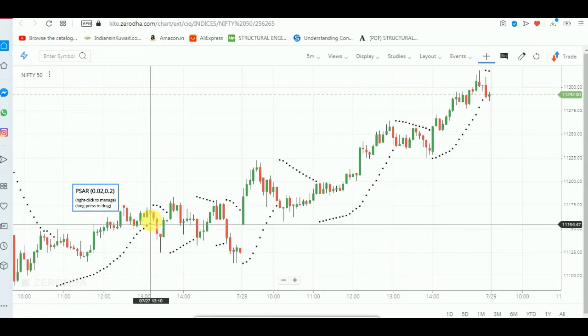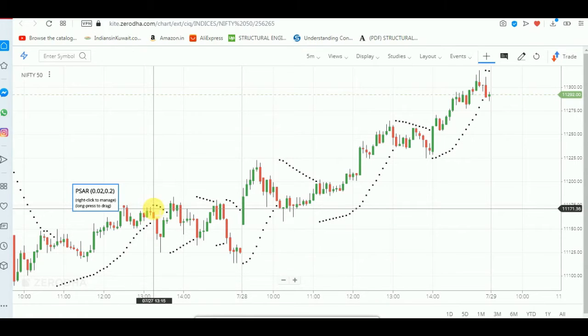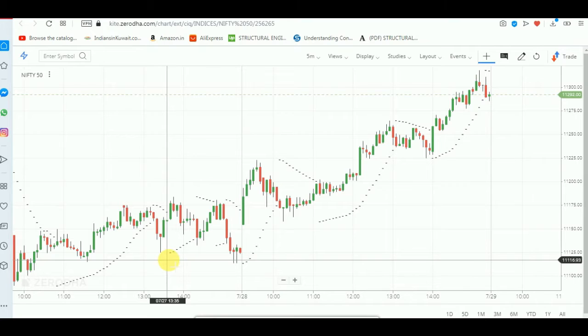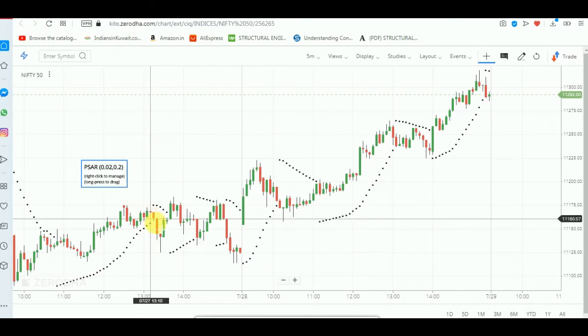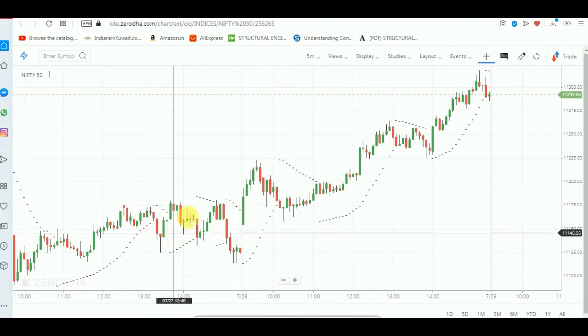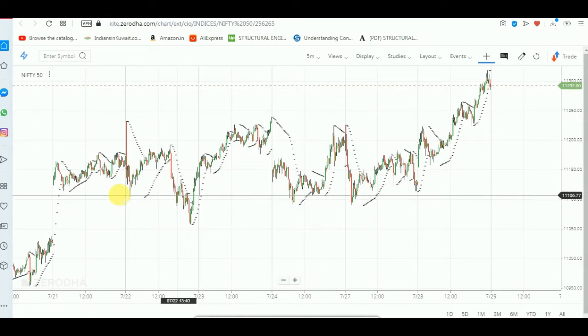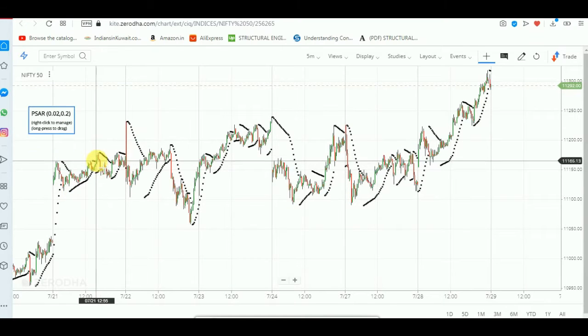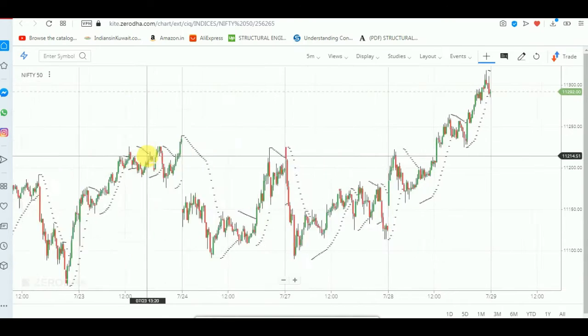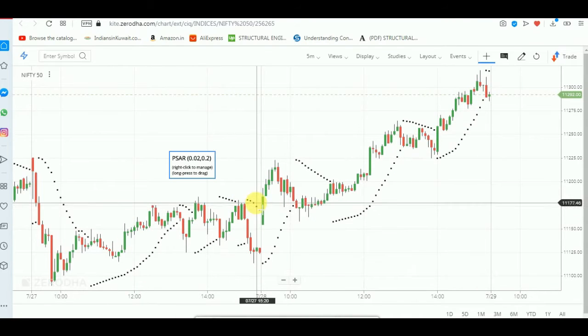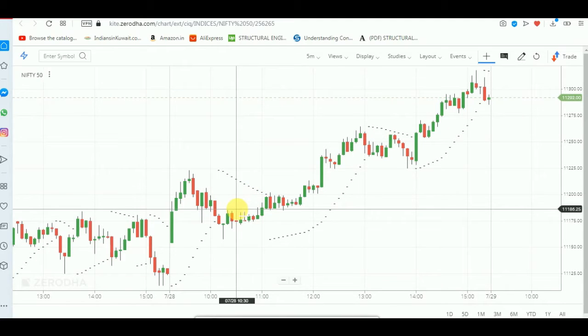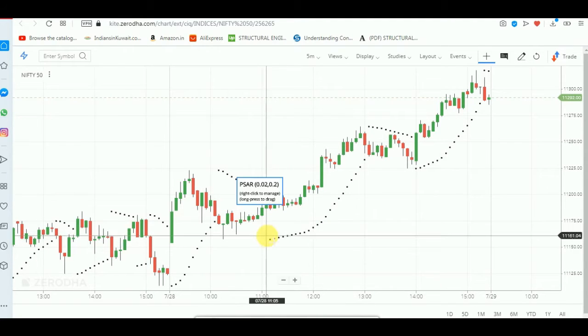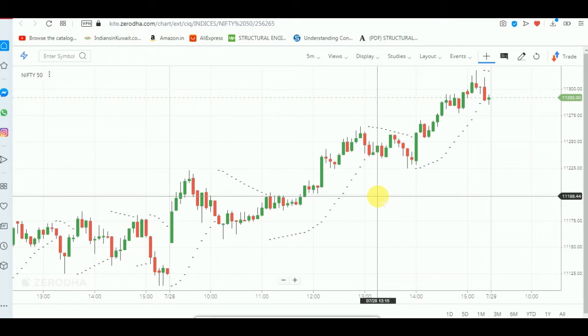You can see how it is creating the dots continuously, and suddenly if it changes, we can understand that the market is going to have a downturn, right? Everywhere you can see the dots. In each and every candlestick it will form a dot mandatorily. By this we can understand the trend of the market. That is the basic idea of this particular technical indicator.